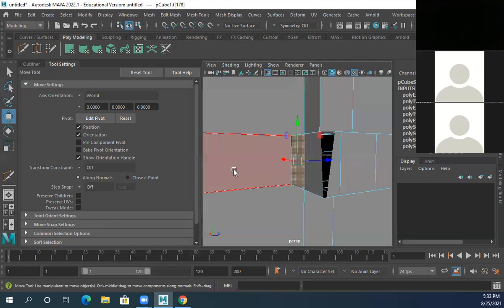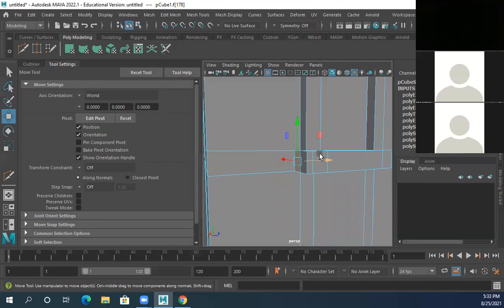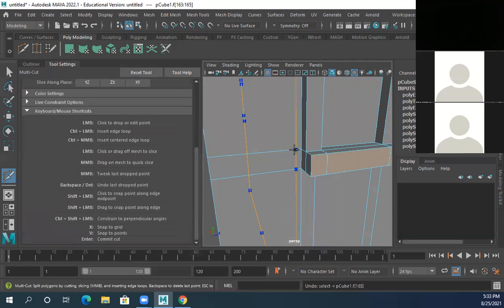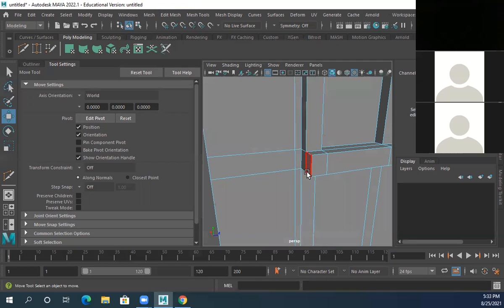A way to fix this is either to plan beforehand and have an extra edge loop right here and extrude this along with these. Or what you can do is